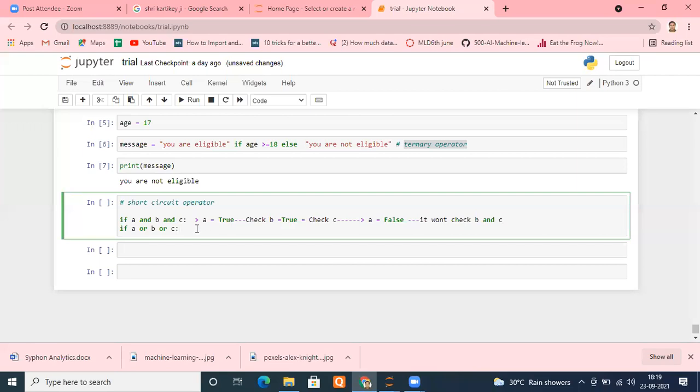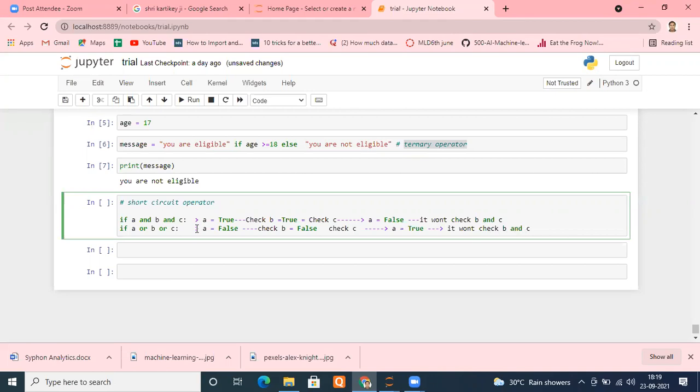Similarly, in the OR case, if A is false, it will check B. If B is also false, it will check C. But if A itself is true, then it won't check B and C. So remember this thing.